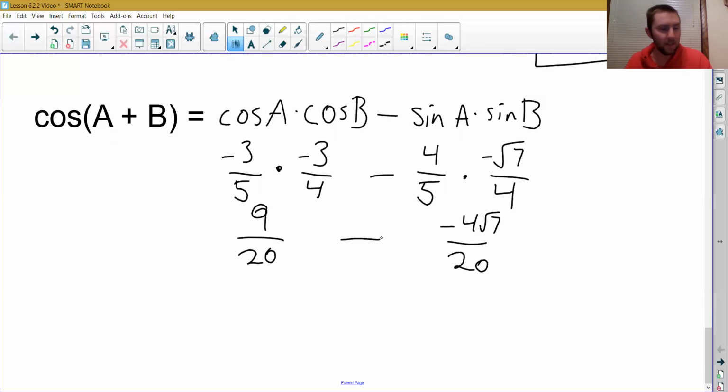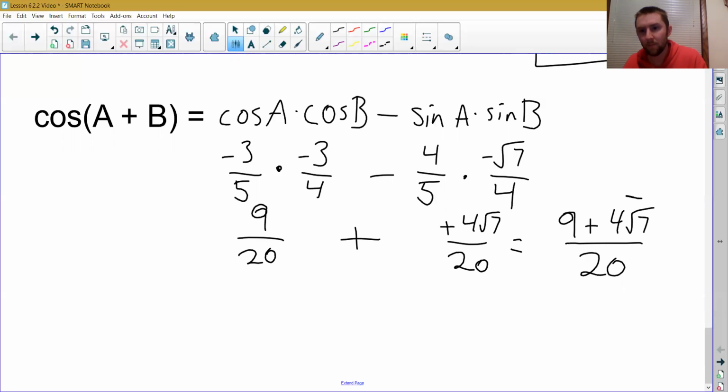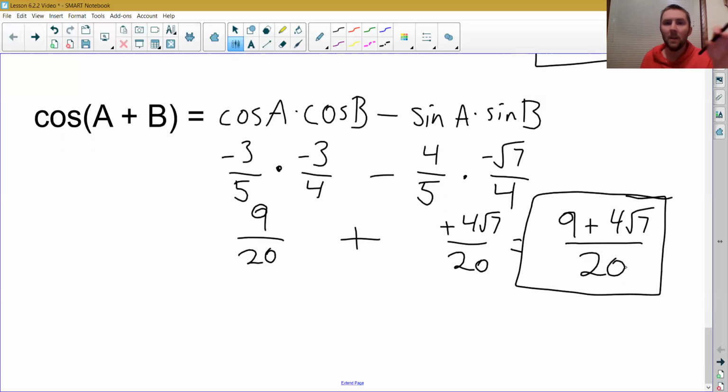But I am minusing these two things, right? So notice that I'm doing 9 over 20 minus a negative. Minus a negative implies that in the end, it's going to be a plus sign, right? So plus, over 20, and then this says 9 plus 4 radical 7. Okay, so this is the exact value of cosine of A plus B. Notice, I don't even know what A and B are, right? I haven't even figured out what the angles measure. And I don't need to, because I can use these angle sum and difference formulas to find more and more